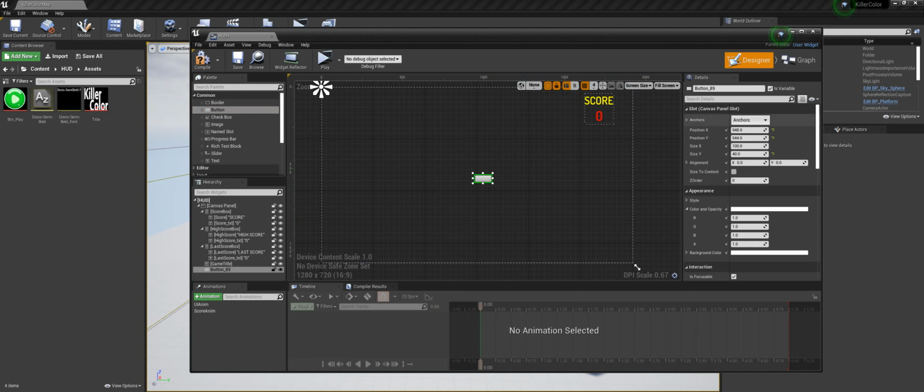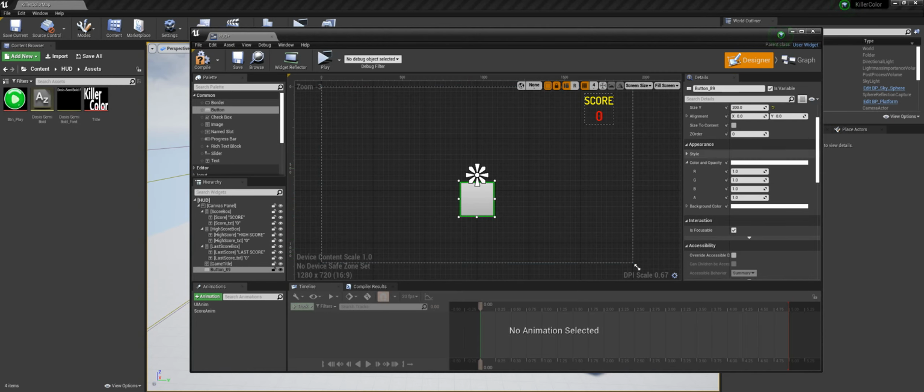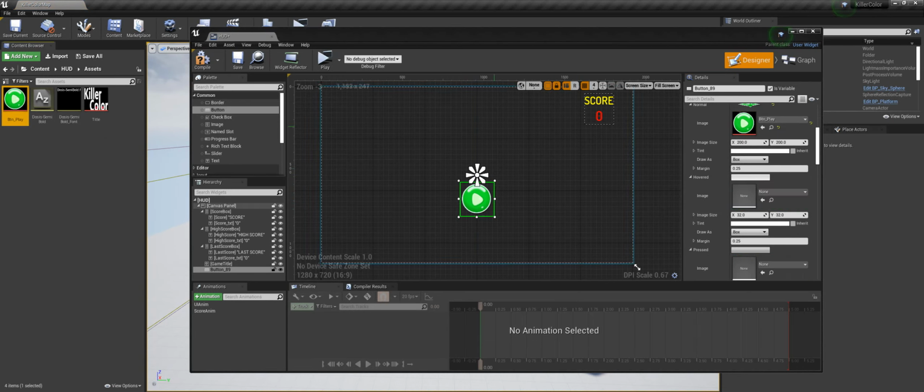which will be anchored to center at 150, and the size will be 200 by 200. So it's -100. Alright, and now we're gonna add this play button as the image for this. So for that we need to go to style, normal, hovered, and pressed, and for these 3 we're gonna drag the same image,